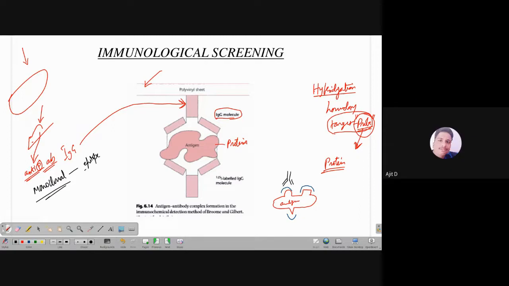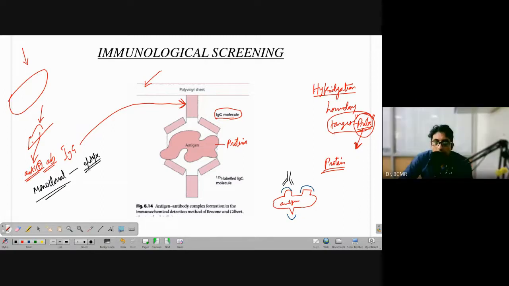You went to the specific epitope, the two. Yes, that's right. Monoclonal antibodies are all specific to the same epitope. They are coming from one clone. So one clone would have one type of antibody, because if it is one antibody, then they all are binding to the same epitope. So here we have a polyvinyl sheet to which IgG antibodies, the antibodies that I said,